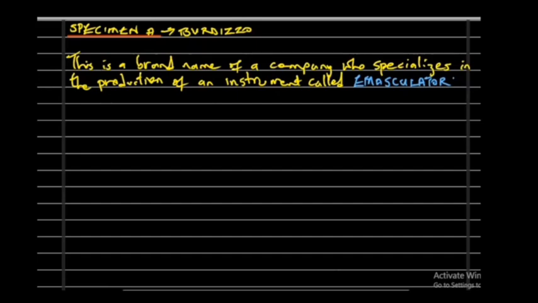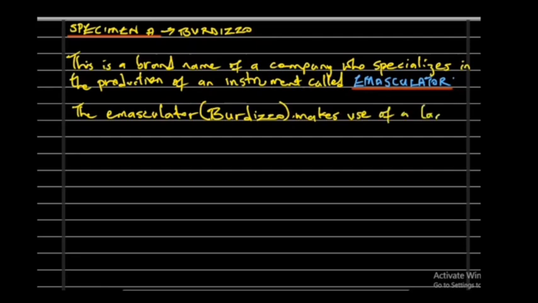Alright, so this particular instrument, what is it? What is it called? What is it used for? The emasculator, or as it is called, the Burdizzo, makes use of a large clamp which is placed strategically